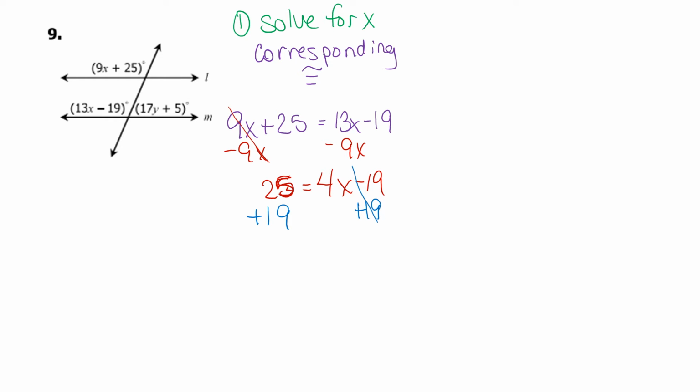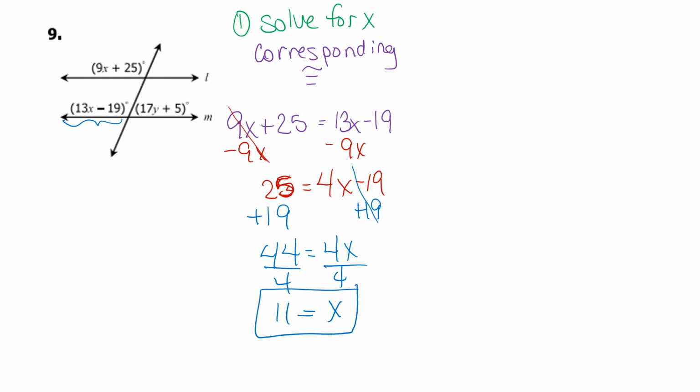25 plus 19 will give me 44 equals 4x, and then divide by 4. So x is going to be 11. So now I know what one of my variables equals. But in order for me to work my problem, I'm going to need to figure out what this angle measurement actually is. So our second step is going to be to substitute